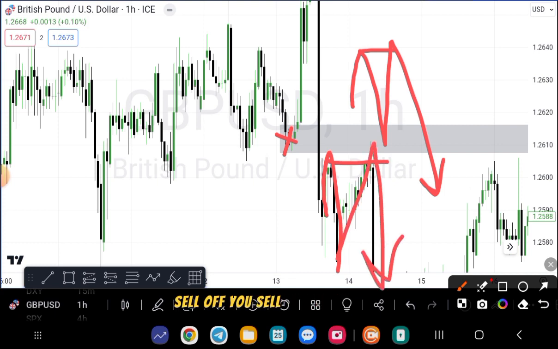sell off. You sell from that area, and we've talked about all the criteria that lead to this kind of setup. So once you identify that you are bullish, you should now be looking out for the fingerprint or the best entry model that the market will present. That is why we're learning all of these things.